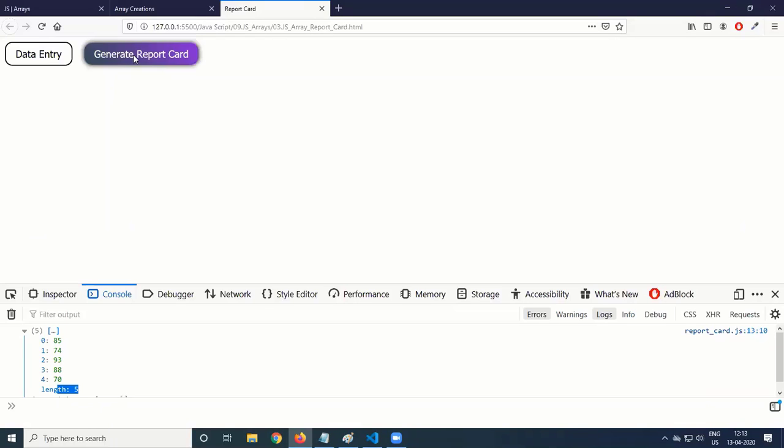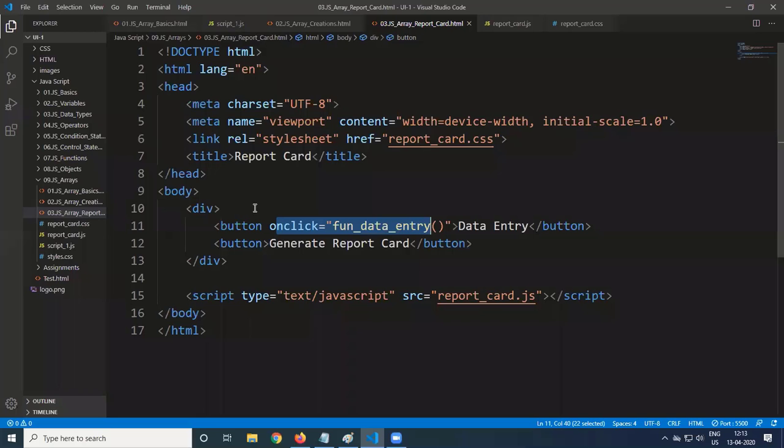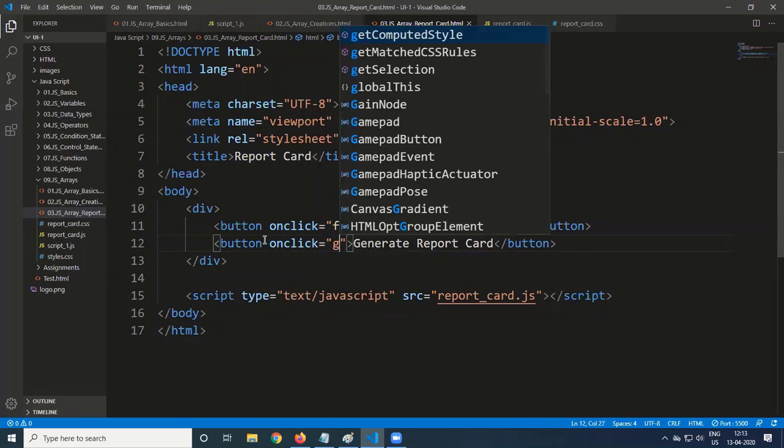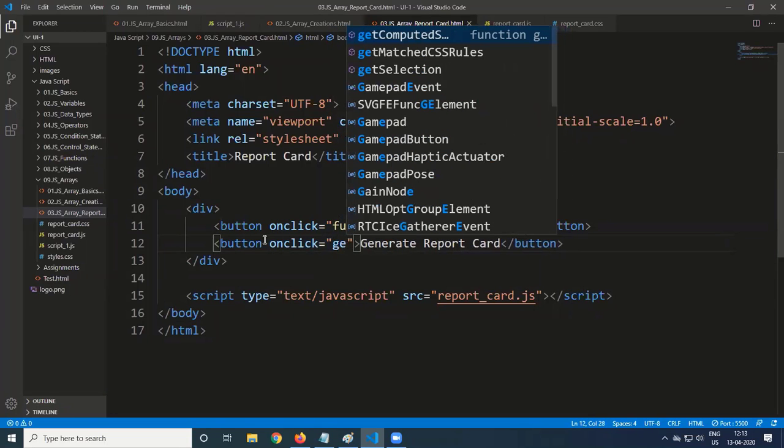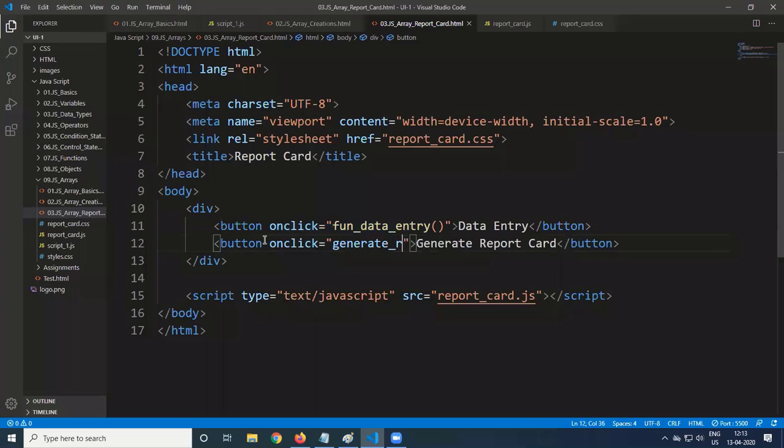Now what we want is, whenever we click on the generate report card button, it should call a function. So onclick is equal to generateRC. generateRC is the function we are calling.